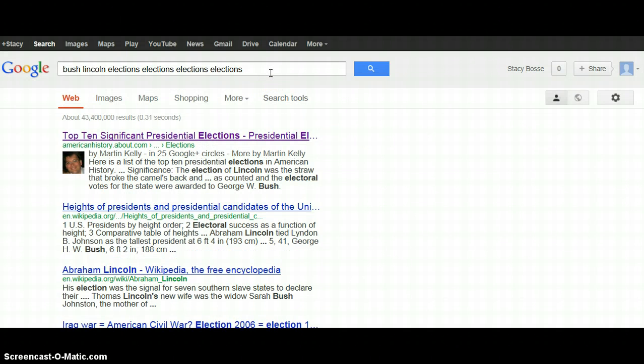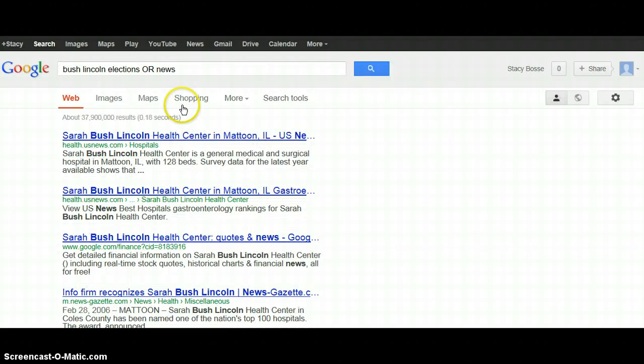Well, then your students might think, there's other words. There's some synonyms for elections that maybe I could use. So I might type in Bush-Lincoln elections or news. And I'll get some different things here. Now, when you use this OR and you include a synonym in your search, the major disadvantage of doing this is you must know all the words that you're looking for. Well, if you know there are other words for elections, other synonyms, but you're not quite sure what they are,